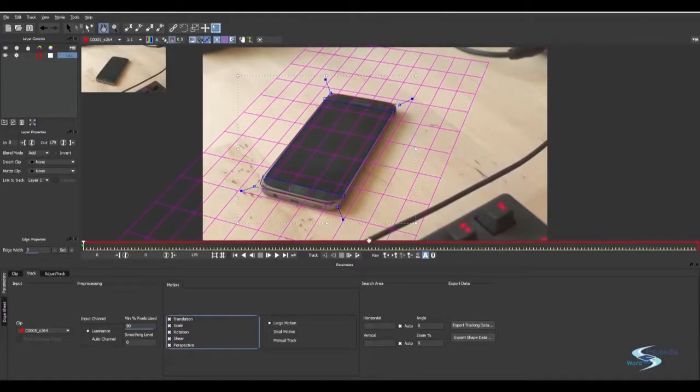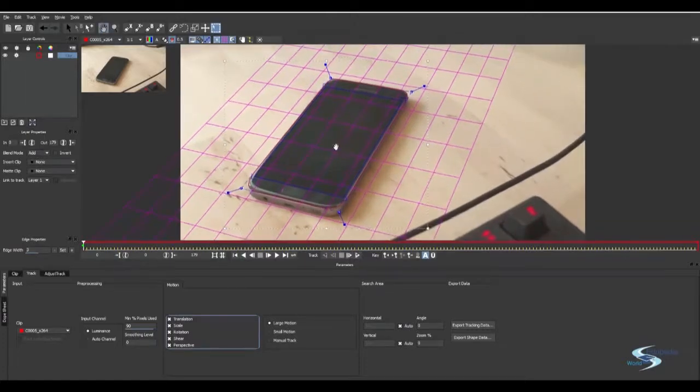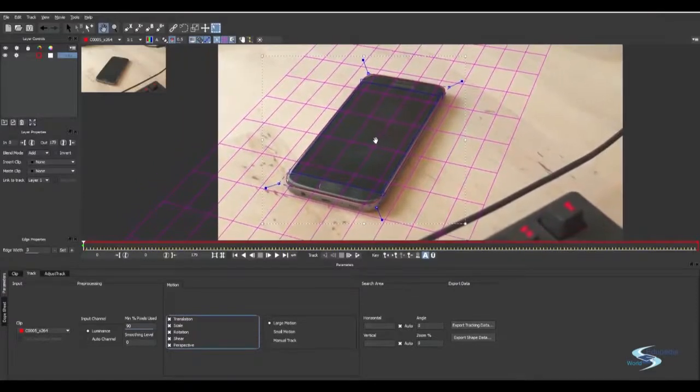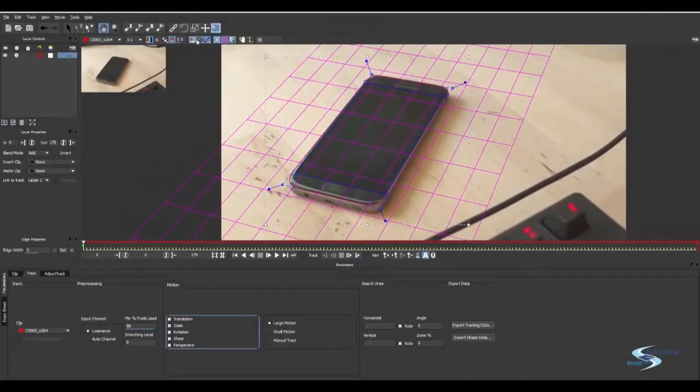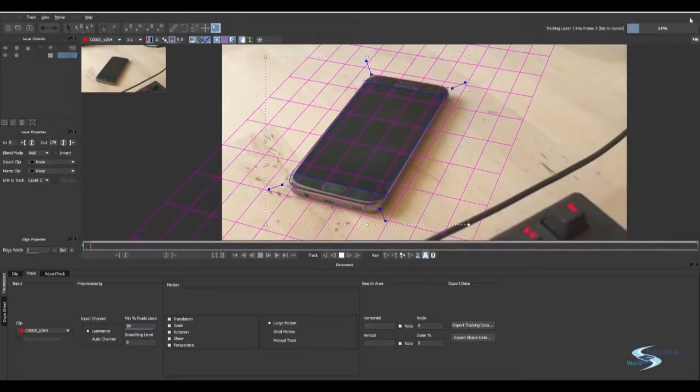So to start tracking, we want to use these controls. You can see they are the same as in After Effects. You can track to the next frame, or you can just track forwards. Before I start tracking, I want to center this in the viewer, and I want to press this button that's called stabilize. So that means it will actually hold the phone in the middle here, and then it's much easier to see. So we can start tracking forwards, and you can see up here the progress bar shows each frame